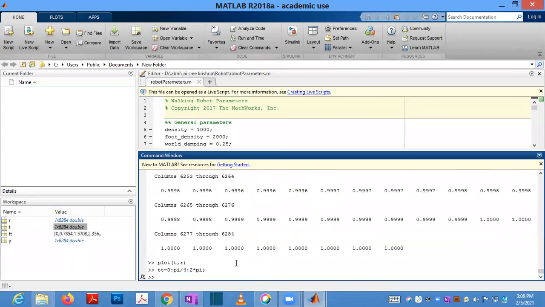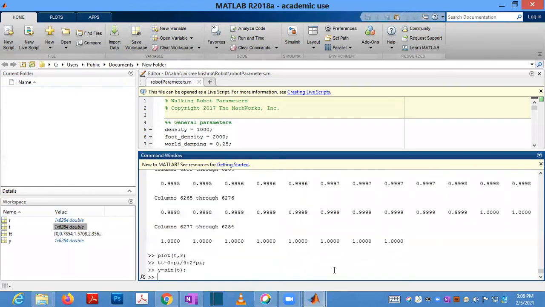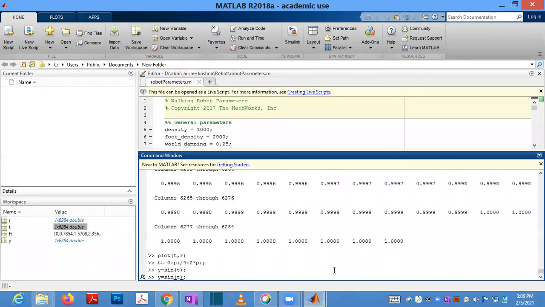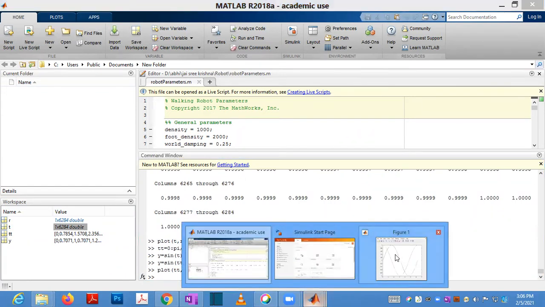So the tt values will be like this only. The values are limited. And if you are plotting the sine wave, y is equal to sine of tt, you have to plot sine of tt, and plot tt comma y. Then the sine wave looks like this only.